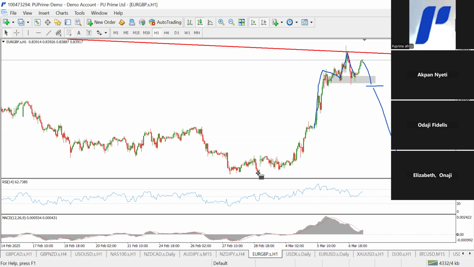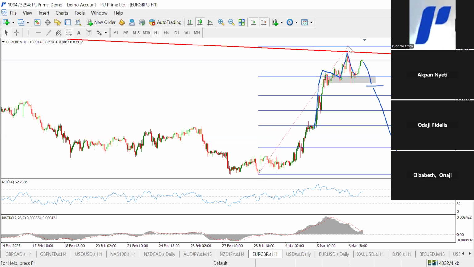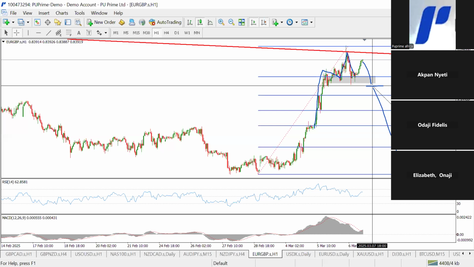The potential for this can give us as much as about 33 pips, let's just say 30 pips roughly. If you go about 50 pips, that's Fibonacci 1.8. So we have a head and shoulder setup on the 1 hour time frame for the Euro-GBP, and we're watching for it to break out in the course of the day.